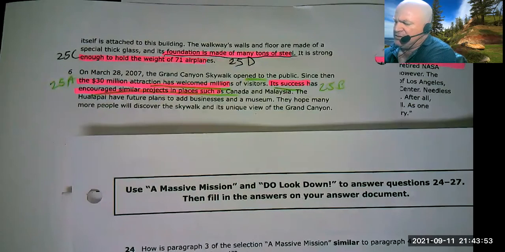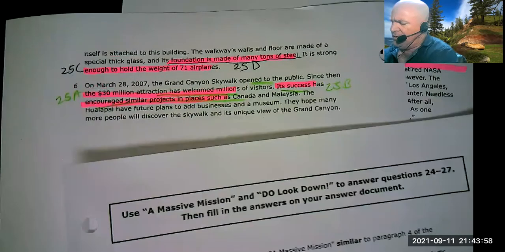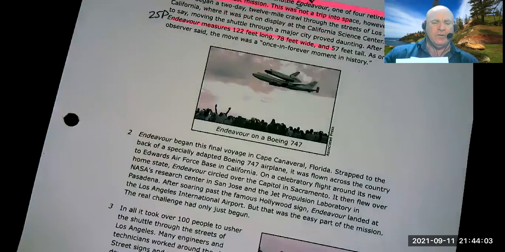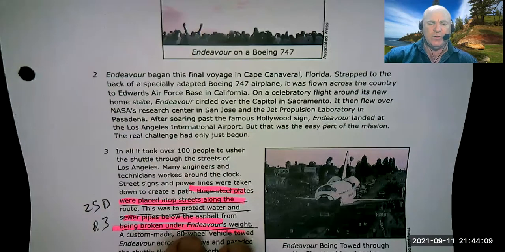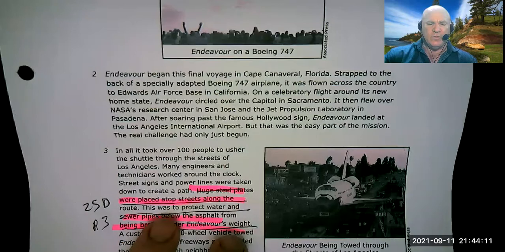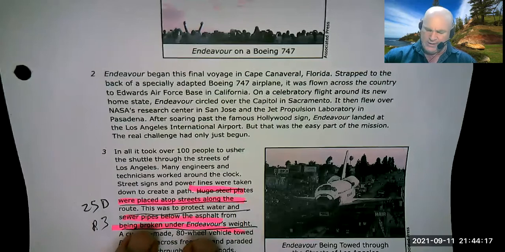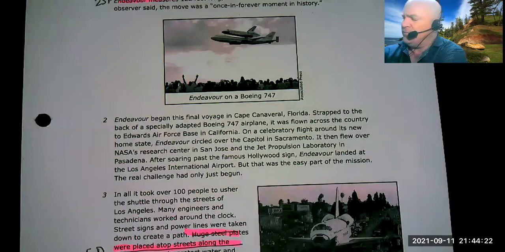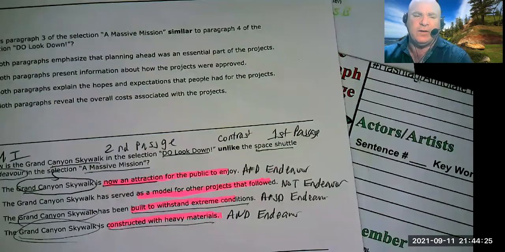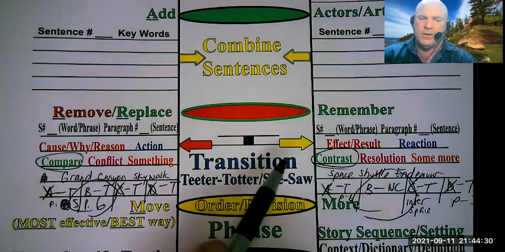And the Space Shuttle Endeavour, it has to be heavy because if you look at 25D over here in paragraph 3, they had to put huge steel plates on top of the streets along the route to move it. And it was to protect the sewer pipes from being broken under Endeavor's weight. So it had very heavy materials. So that's how I would use a combination of the revising graphic organizer to compare how something mentioned